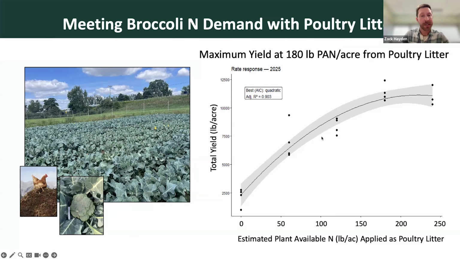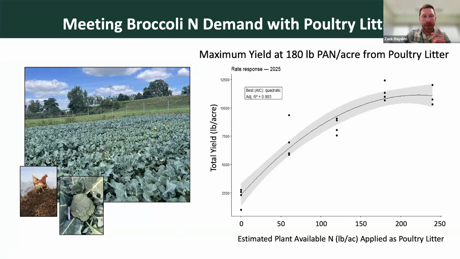And it turns out in this particular year, we achieved maximum yield with 180 pounds of plant available nitrogen per acre from poultry litter. And that's a little higher than we normally recommend at MSU, but this was a sandy soil and we had a fair amount of loss conditions in this year,